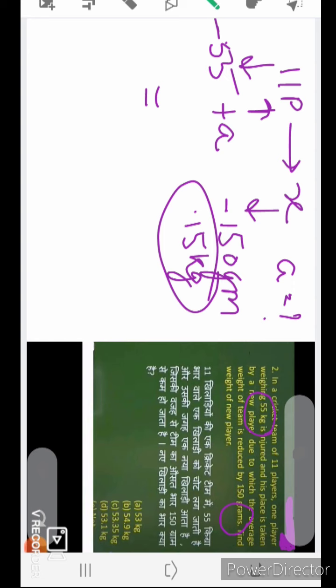As I have told you, in one inclusion and one exclusion, again when we cross multiply this with X, it is 0 into X. There is no use of sign, but still, as I've told you, minus plus is neutral and here minus sign is given, so apply here minus sign. Okay, negative. Now 0.15 is going to be this 0.15 kg. Okay, 0.15 kg is the increase in the average. So what we have to do is to cross multiply this with this.